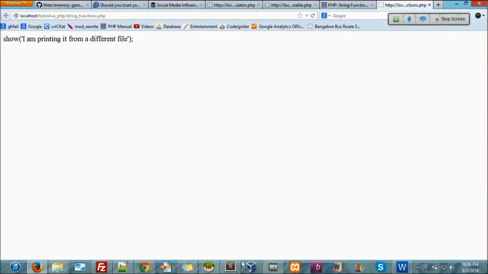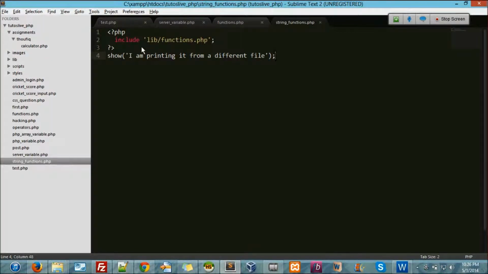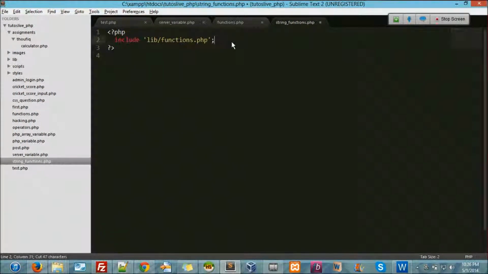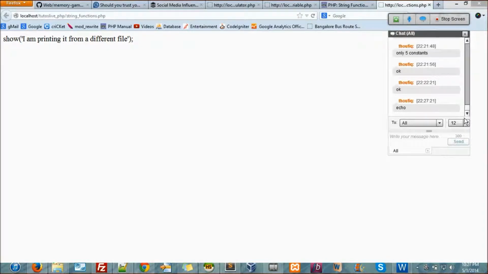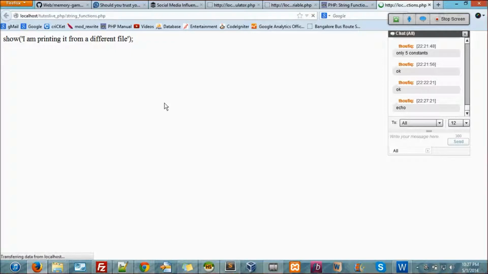Oh, what's the problem? You understood what the problem is? I told you guys, you'll be making this mistake. I did not write it inside PHP. You see, I'm printing it from a different file, so it's working fantastic. Now let's go ahead and see the file.